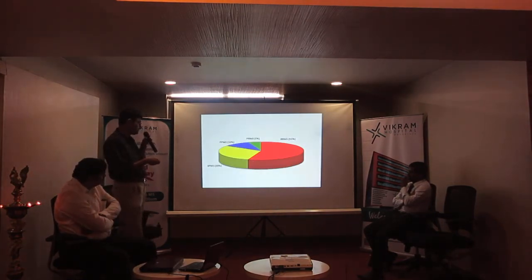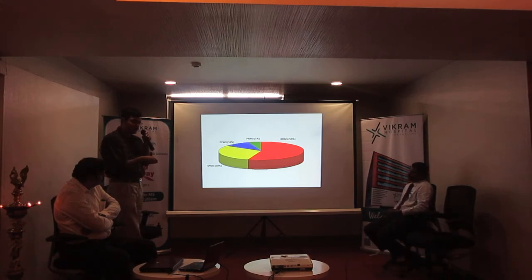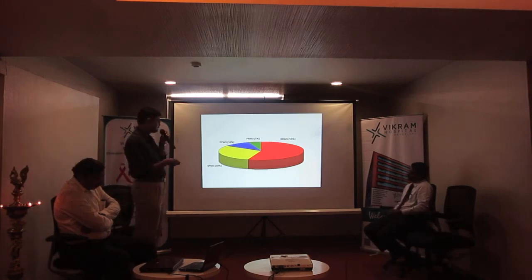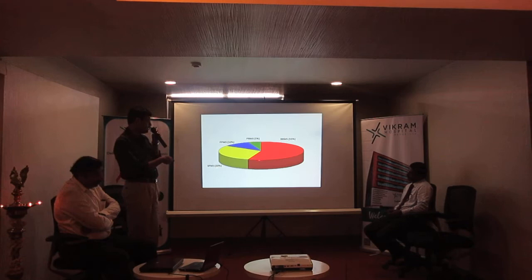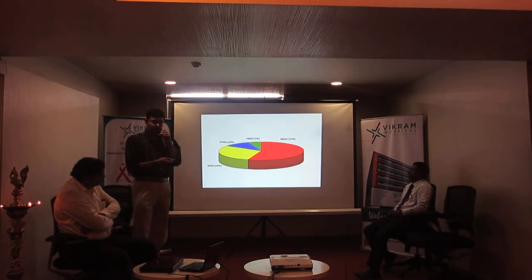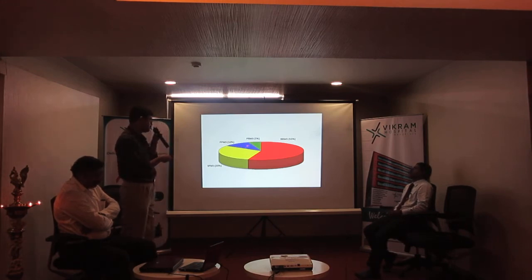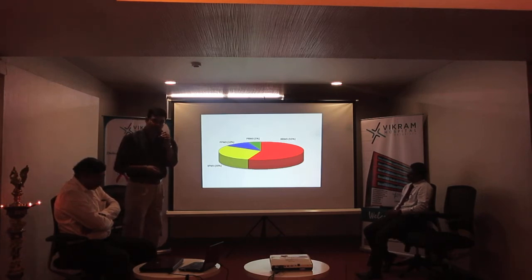So if you look at the overall frequency of these types, relapsing remitting is by far the most common, accounting for more than half the cases. Secondary progressive accounts for 30%. These two together account for almost 80 to 90%. The remaining 10% is primary progressive and progressive relapsing. We don't have good treatment modalities for the primary progressive and the progressive relapsing type of MS. For these two varieties, we have a lot of treatments. They will be discussed by subsequent speakers.